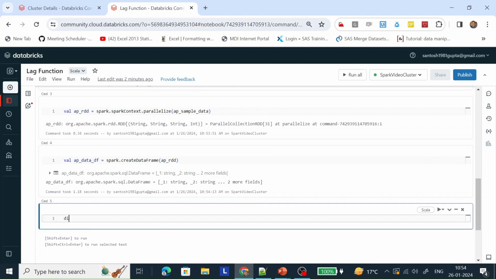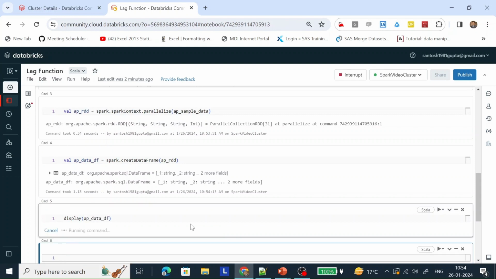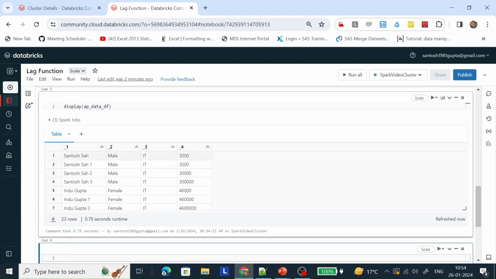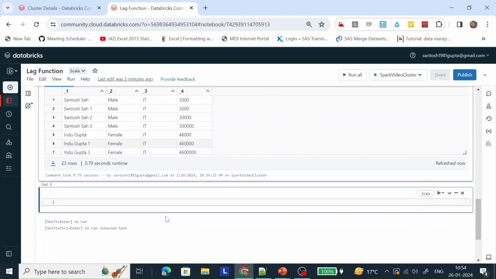Let's display. The data frame is created, but there are no column names. So let's create a new data frame on top of this data frame.